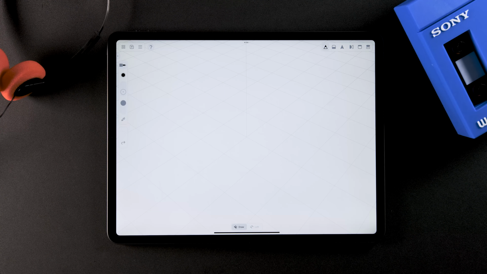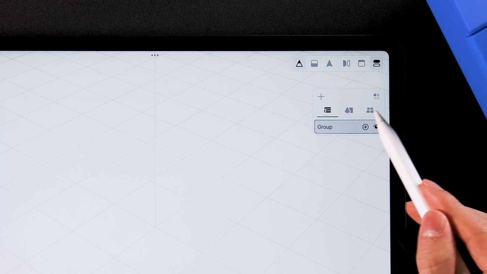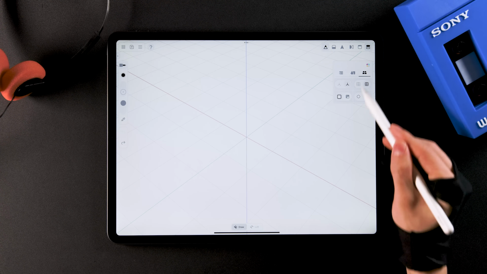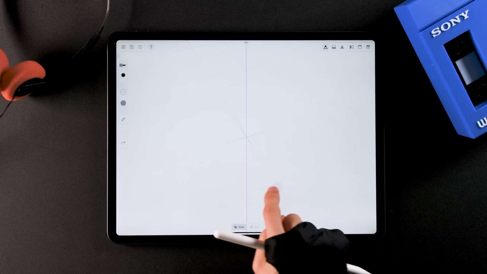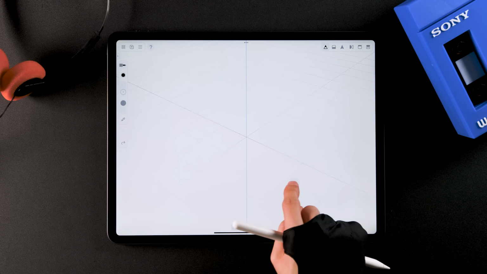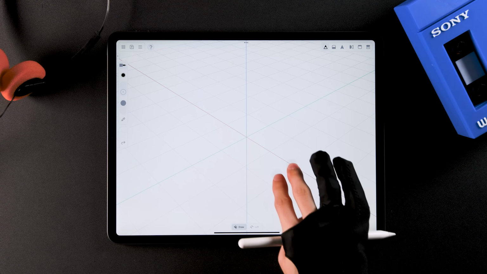To make it easier to understand, let's turn on the global axis. Tap the icon on the top right corner, go to the tab on the right side, which is the Environment tab, and turn on the global axis by tapping it once. You can see the red, green, and blue lines on the screen. Each of them represents the global XYZ axis, which we'll learn more about later. Okay, let the red line head to the bottom right for now.